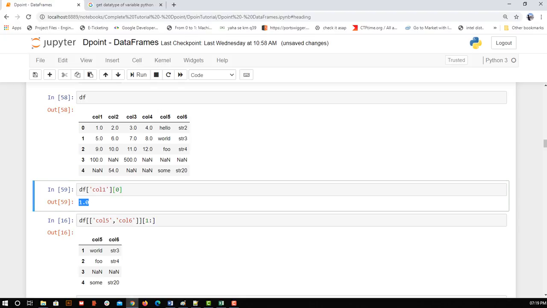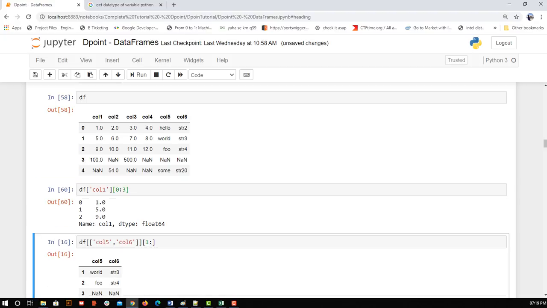Now if we have lakhs of records, I cannot go on writing each one, because column names will be limited but not the records. So in that case I can say I want 0 to 3, that is 3 records, 0, 1, 2; 3 will not be considered, because 0 is called the lower limit and 3 is called the upper limit.